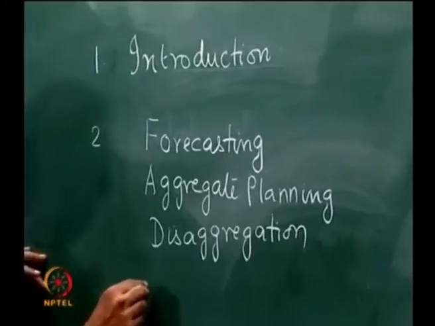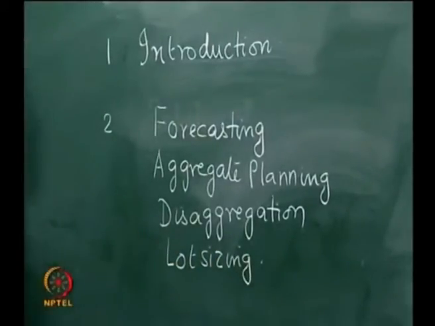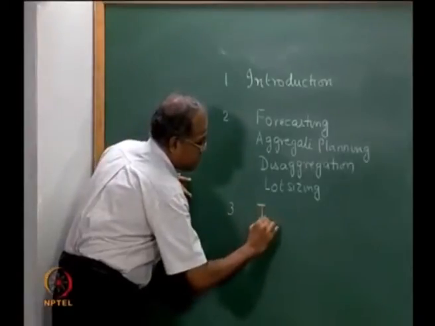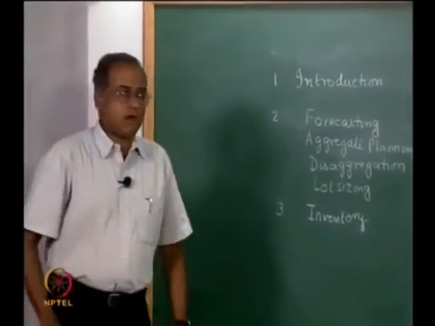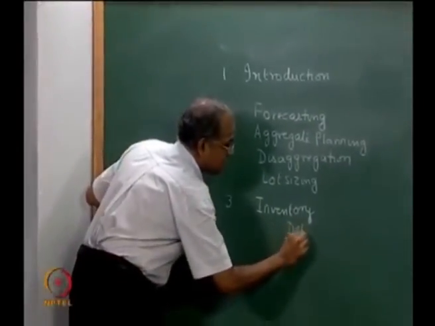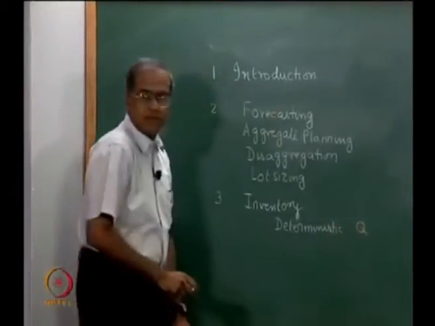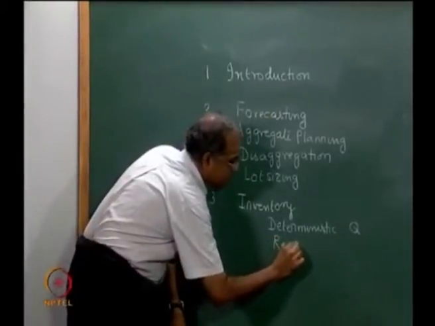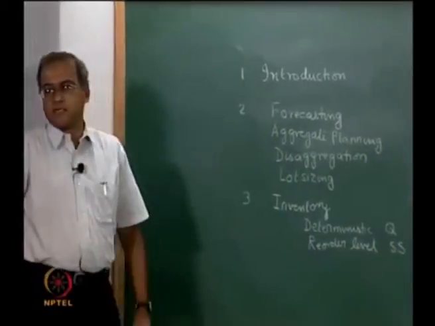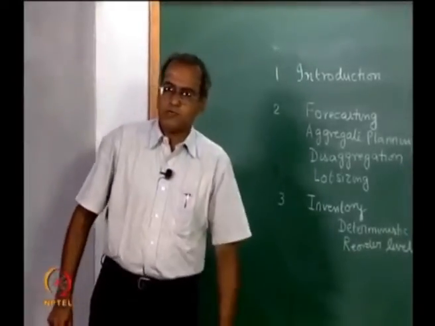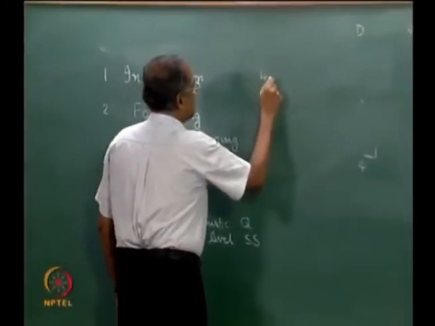Then we also saw a little bit of lot sizing here, and then we moved to inventory problems, where we saw deterministic inventory, order quantities, and then we saw the reorder levels and the safety stocks, and we discussed some probabilistic inventory models which also spoke about the safety stock that is required. We then moved into production control,